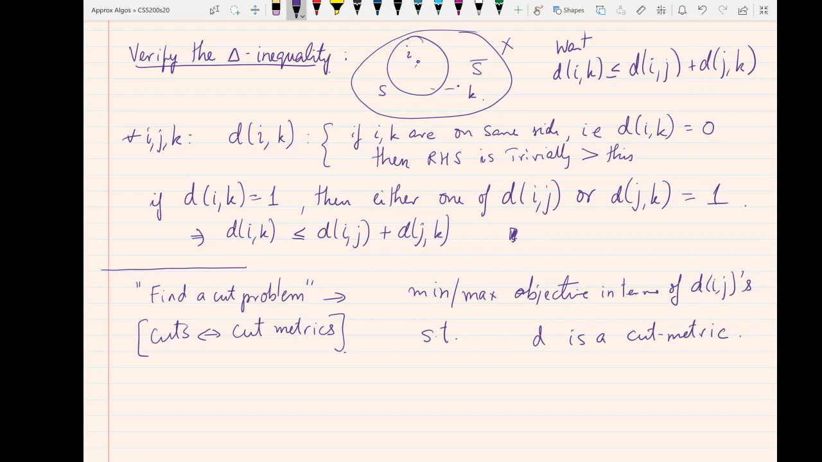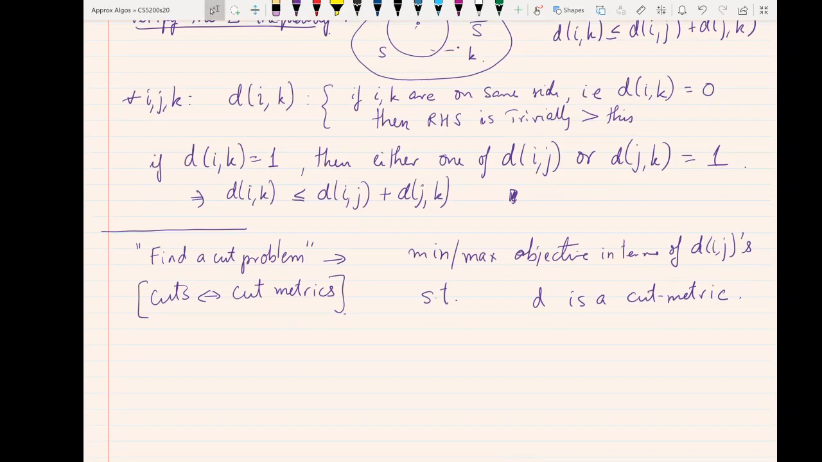Okay. So this is exactly the same as saying that you want to find an objective minimum or maximum of a cut in the graph. So you're optimizing over all such cuts by going over all such cut metrics. Now the relaxation of this is the following: minimum or maximum of the objective. You keep the variables the same as the dij's. So the objective depends upon the dij variables, which are the distance variables between pairs of vertices,